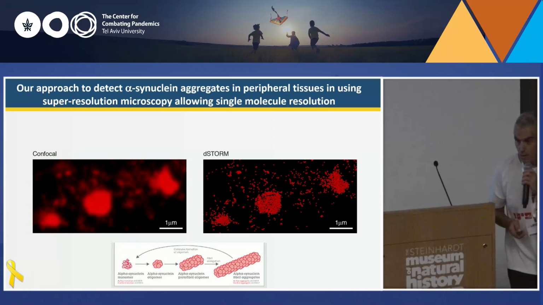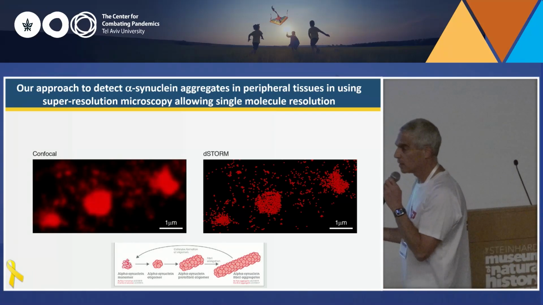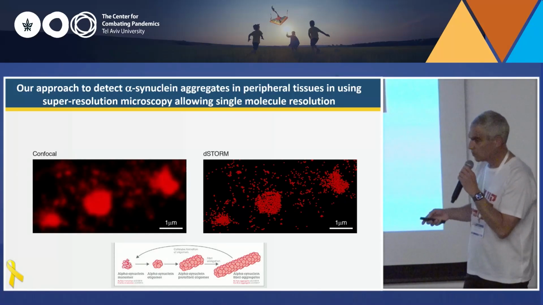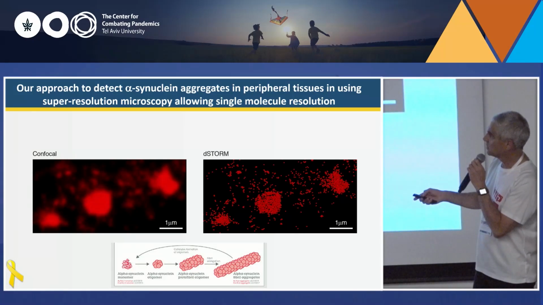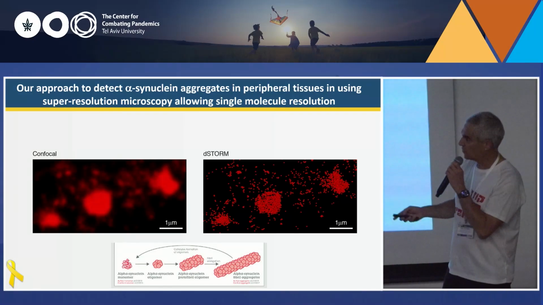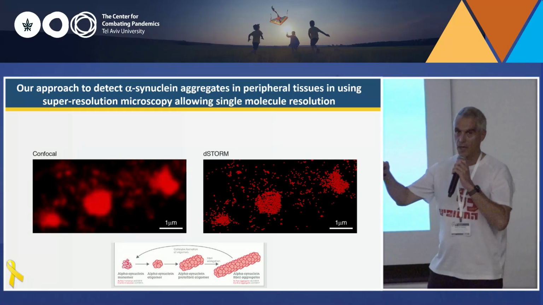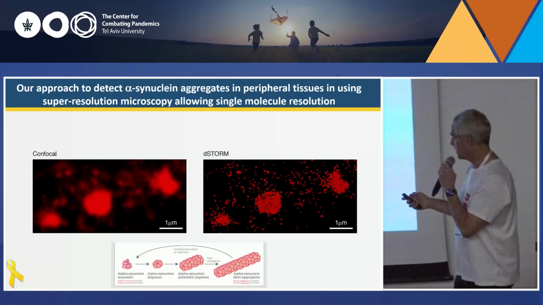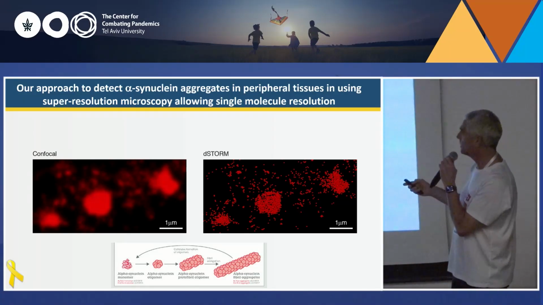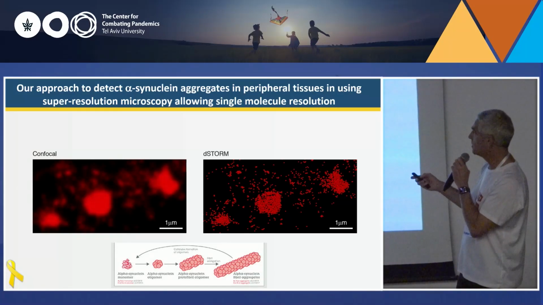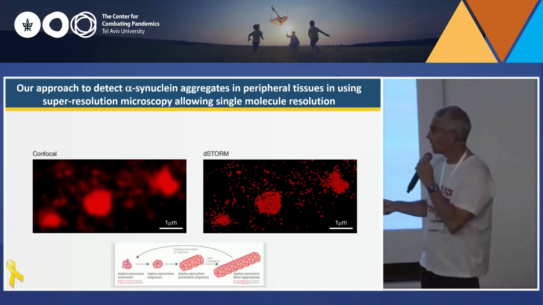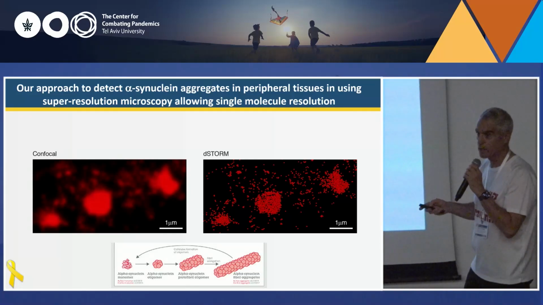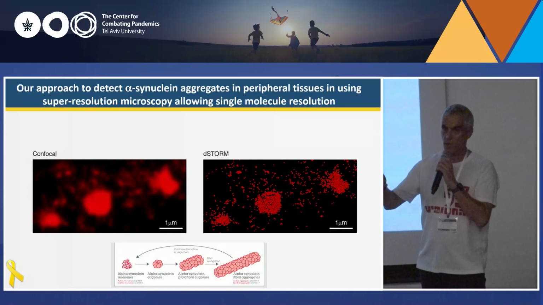That's much better. So when you take a confocal image, due to the diffraction limit of the microscope, you will always see some blur surrounding your protein of interest. Even if you have 1 or 2 molecules here, it will look like a 200 to 300 nanometer big structure. What we achieve using super-resolution microscopy, and specifically dSTORM, which I will elaborate in a minute, is that you can detect a single molecule, and you can detect that here there are 2 molecules, and here there are maybe 20 or 200, and they are at a density of X, Y, or Z.